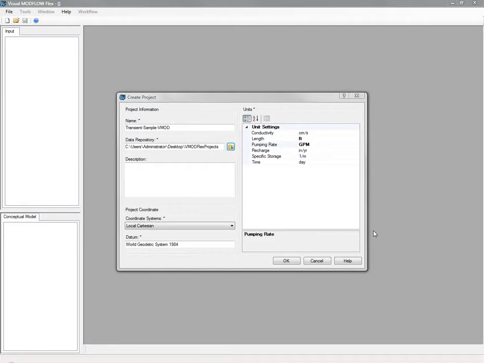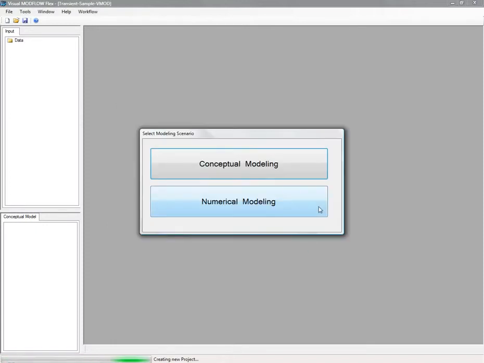The following example takes a look at how to load an existing Visual MODFLOW project into MODFLOW Flex. Start by defining your project, units, and your coordinate system, and then choose a numerical modeling workflow. In the first screen, you see your objectives you're going to define, whether it's saturated or unsaturated flow, and then